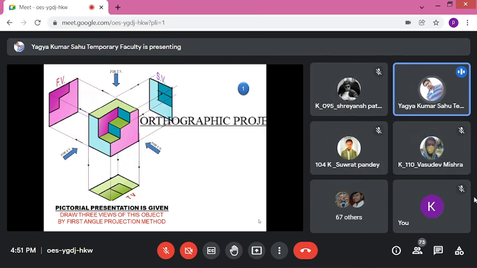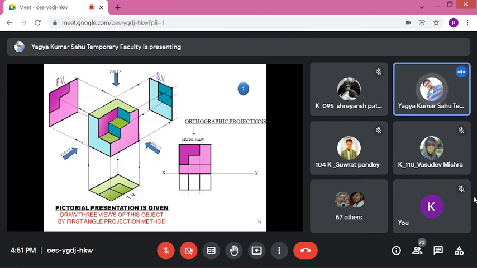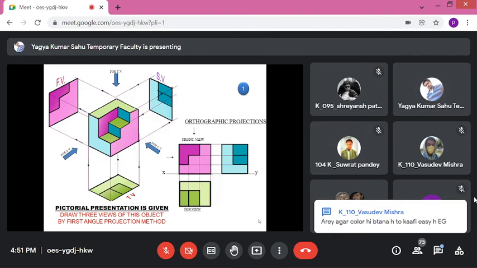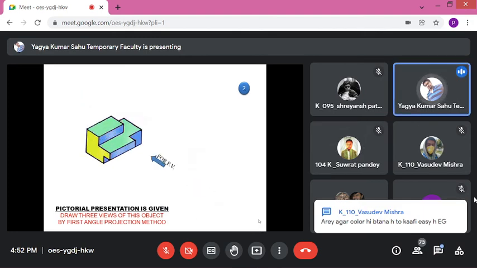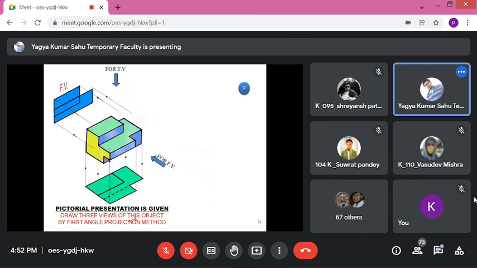Now, if you will draw within the reference line x1, y1, you'll get front view like this. First angle projection, okay. And the top view, with the help of projector line, you can draw like this top view, and the side view like this with the using projector line. Easy. Yes, sir. Okay. Now let us see for this image, for this diagram. You can see all the three. Easy. There are in the fourth unit you will get isometric projection. So this is the isometric view.